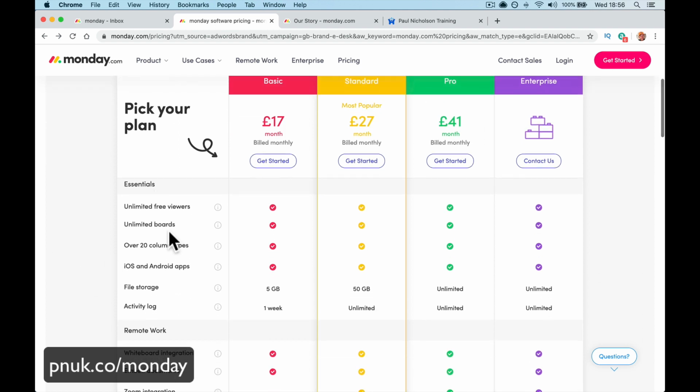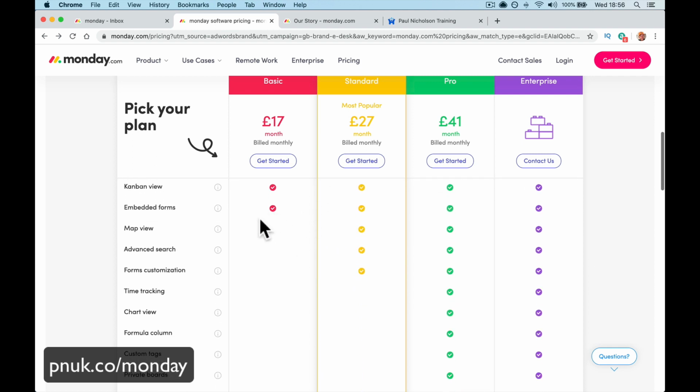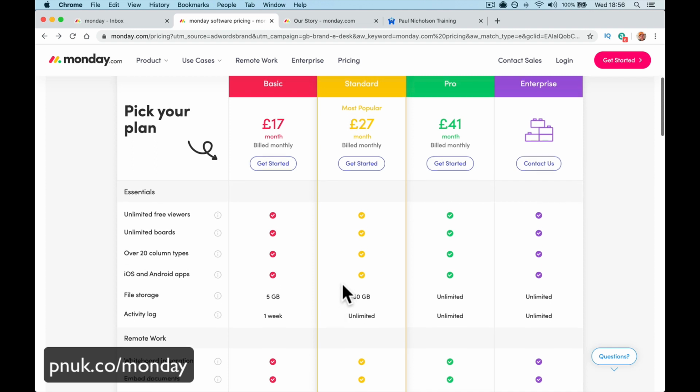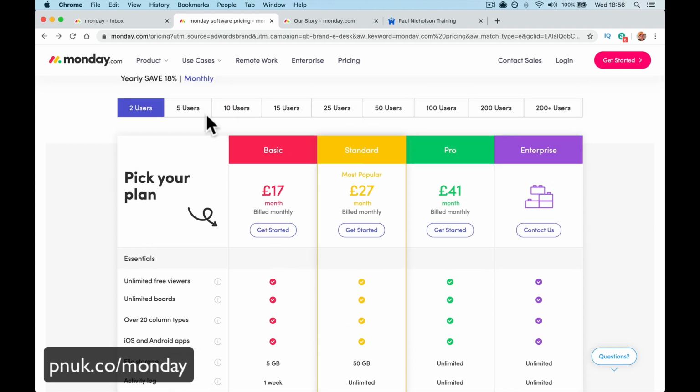From this page, you can see the extras you're going to get: timeline view, the calendar view, map view, advanced search. These are all on the standard and pro version. Time tracking, if you want to do stuff like that, chart view, formulas, and things like that. The funkiest stuff obviously goes up in pricing, and the pricing per user comes down the more